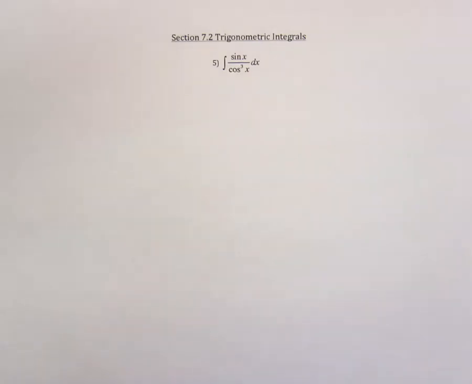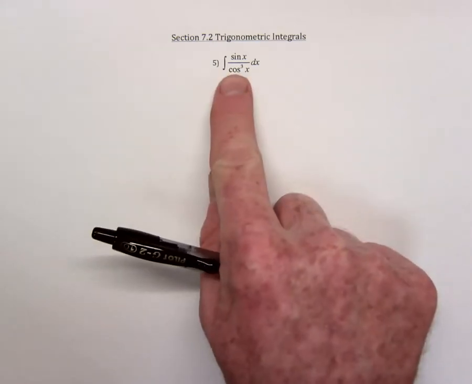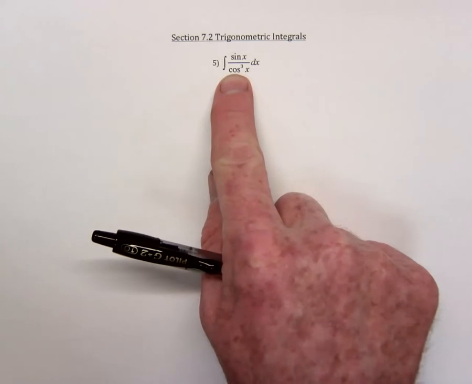You should always try u substitution on pretty much any integral problem. It may be that you don't even need to write it down. I'm going to try u equals sine of x. The derivative of that is cosine, so this would mean that the du would be cosine cubed, which makes absolutely no